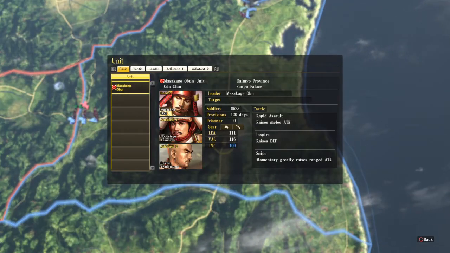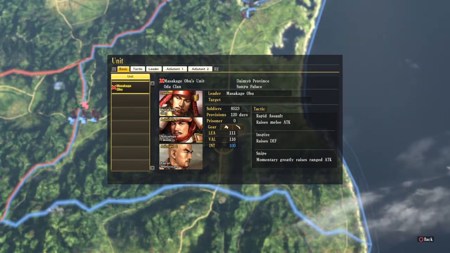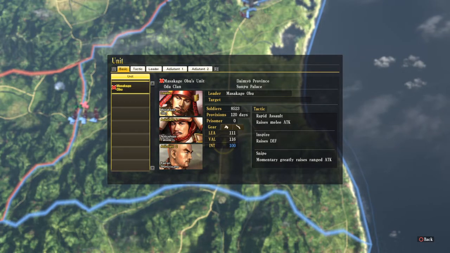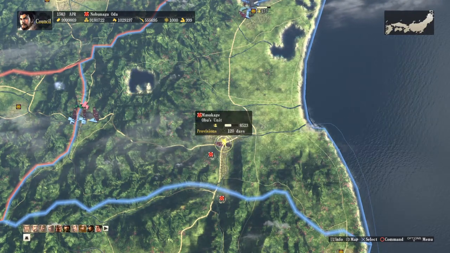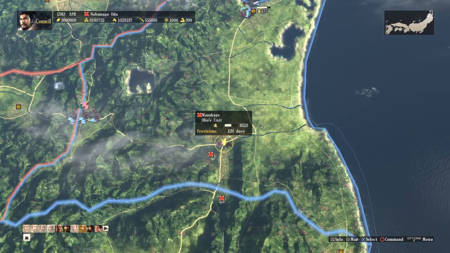Each one has different traits, which is signified on the right side. Tactics: rapid assault raises melee attack, inspire raises defense. So those are complementary. And snipe momentarily greatly raises ranged attack. So if we have muskets with us, then snipe actually makes sense. And if we have 3 officers in that army group, we have 3 traits or 3 combat abilities that